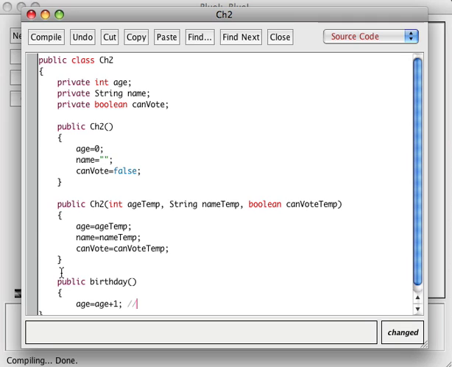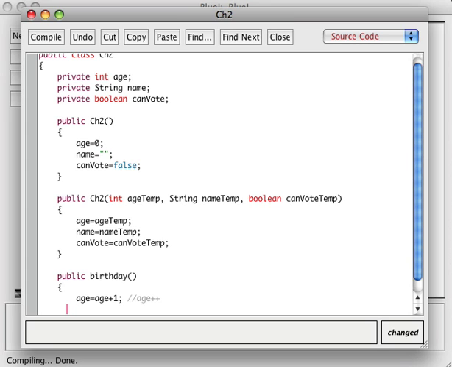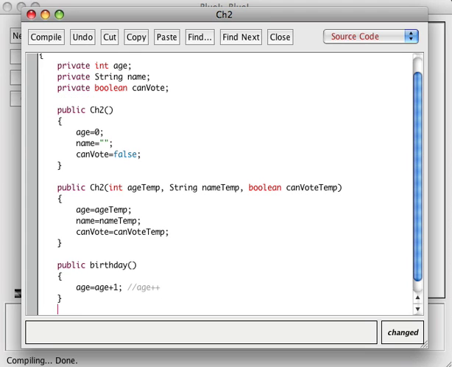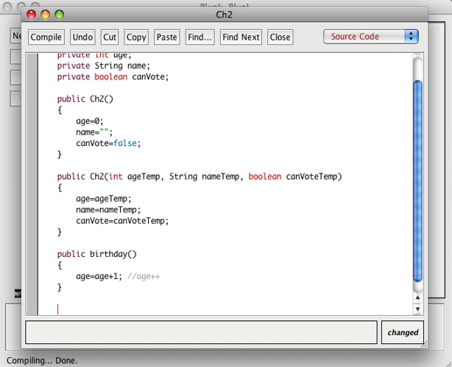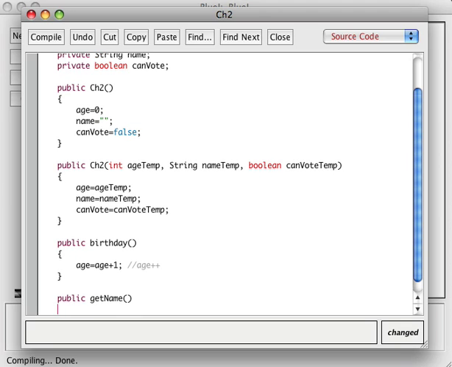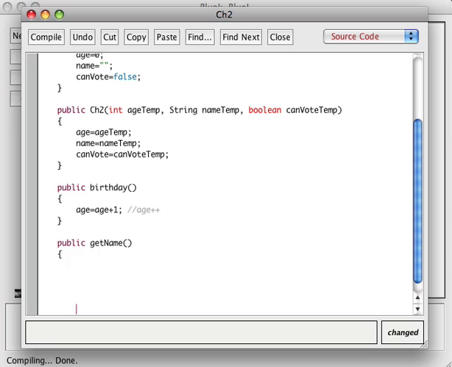Now you could write age plus plus, right? And as you get more used to Java, you'll use that shortcut. Either one would work. So that's it for that mutator method. And now let's make an accessor method. And that again is public. And we'll call it get name. And we're not going to pass in anything. And all we're doing here, let's just move that up a bit, is returning,